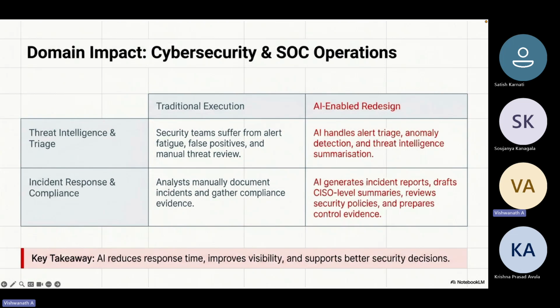If you have your risk scoring mechanism, then you will have the review of those accesses where this risk is coming from. Then you know where to classify, where to handle this threat intelligence, where to summarize it. Once you have that review done, you know how to generate an incident report. Once you have the incident report in your hand, then you know what your security policy is.